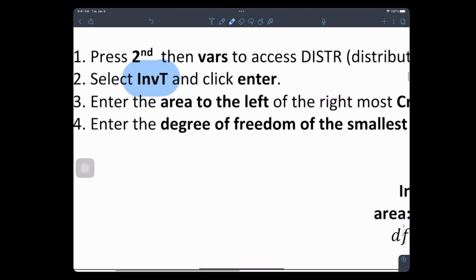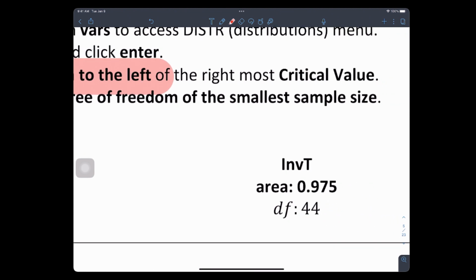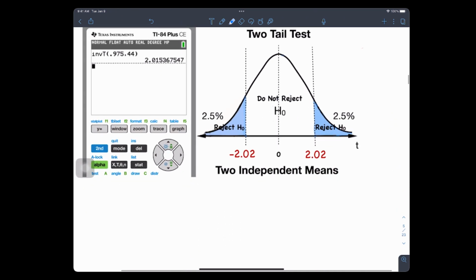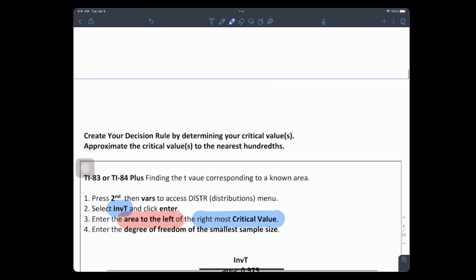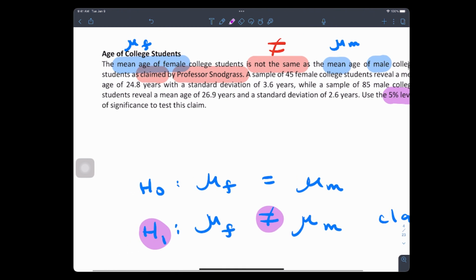If you guys remember last time, it is always what? Area to the what? To the left of what? Yeah, the rightmost critical value. Okay. So you might say, what in the world is that? Okay. Since there's two critical values, evidently, what is alpha? We didn't read that, but let's read it. Alpha is what here? Alpha is 5%. Is that right?